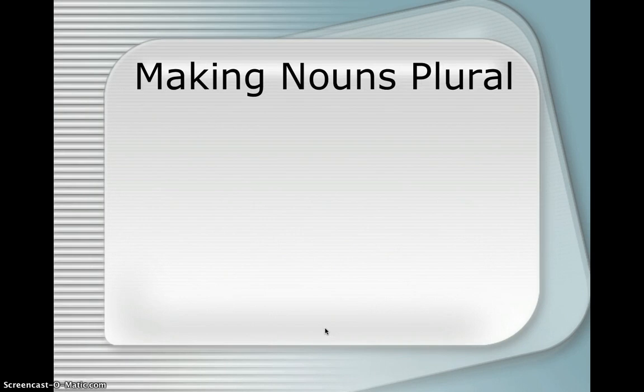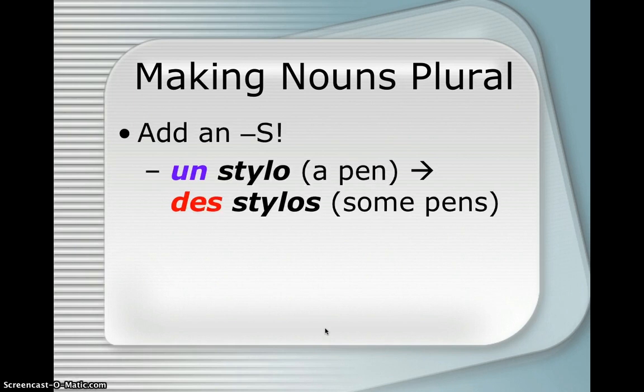Speaking of plural and making nouns plural, all right, if I have a pen, and I want to say, just kidding, I have more than one, we do in French what we would do in English, add an S. So un stylo, here's a pen, des stylos. So notice I added this S here at the end to turn it into some pens. So that's how I make nouns plural in general. There's going to be a couple exceptions, but